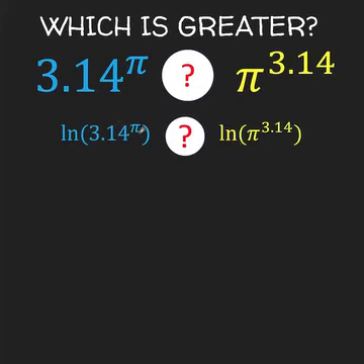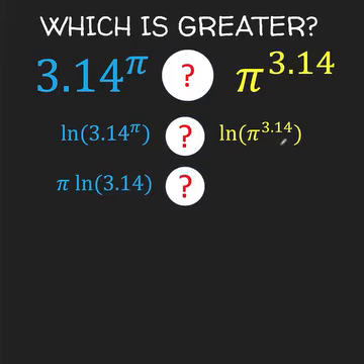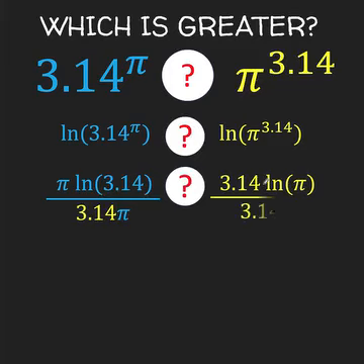Now, using the properties of logarithm, this exponent pi can be appended at the front to have pi times ln of the base 3.14. The same thing at the right side, we have 3.14 times ln of pi. To eliminate this coefficient of pi and 3.14 from both of these expressions, let's divide both of them by 3.14